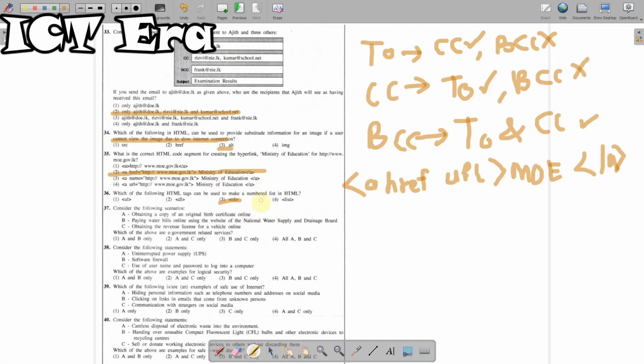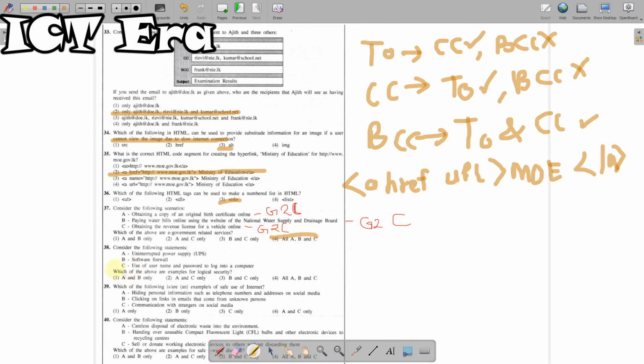So we can take this one as which service? Government to citizens. Then paying water bills, also government to citizens. Obtaining a revenue license for vehicle online, it is also government to citizens. So answer should be